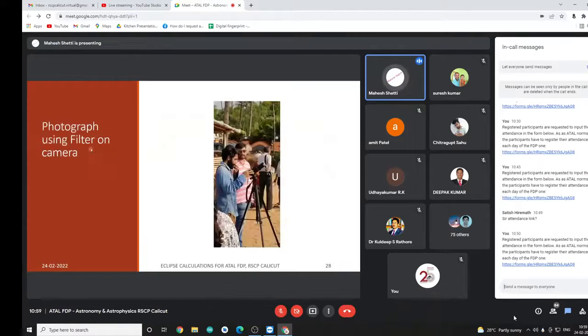You may photograph using a filter on the camera. Again, here the filter is put on the camera and the camera is mounted on a tripod, and you can take a photograph. You need to do preparations. When this eclipse was on 26th December, we had gone a day before. In fact, we had reached there on 24th December. On 25th December, during the eclipse period, which was 8 to 11 in the morning,